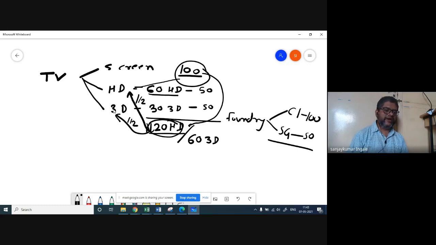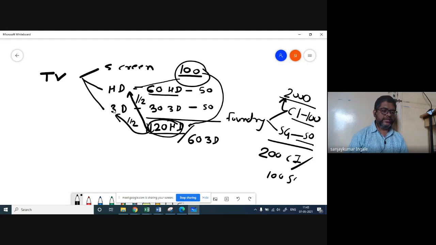What you have to do is, if I have a total of say 2000 hours of production, and in 2000 hours of production I can produce 100 in 1000 and 50 in another 1000. So you have to say that the total capacity is equivalent to either 200 tons of CI casting, or we can say the total is equal to 100 tons of SG iron casting. One basic unit you need to select, and then later on, for utilization purposes, you can divide it into your different requirements. Is it clear?